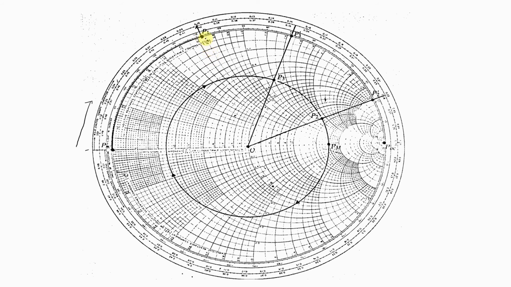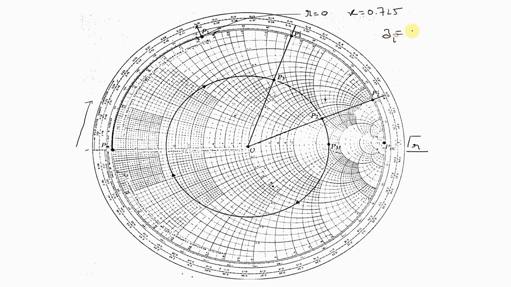On this point here R is equal to 0, so find out the value of that point. At that point, because this is the R is equal to 0 circle, the value of R is 0, but we can have the value of X. As this is above the gamma R axis, the load is inductive. You can see here, this is 0.7, this is 0.8. So this point is approximately X is equal to 0.725.